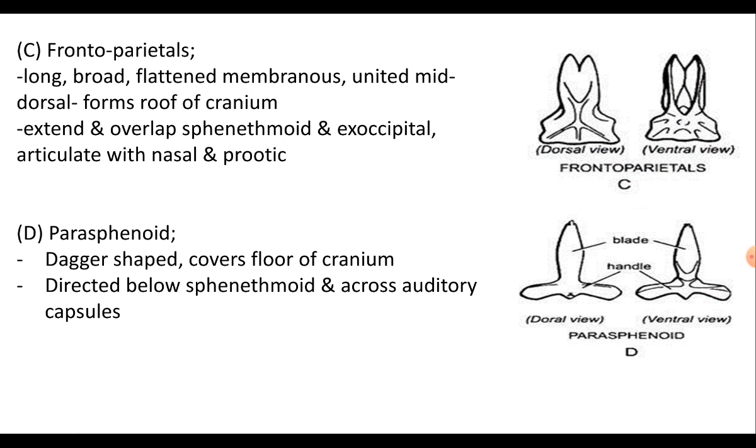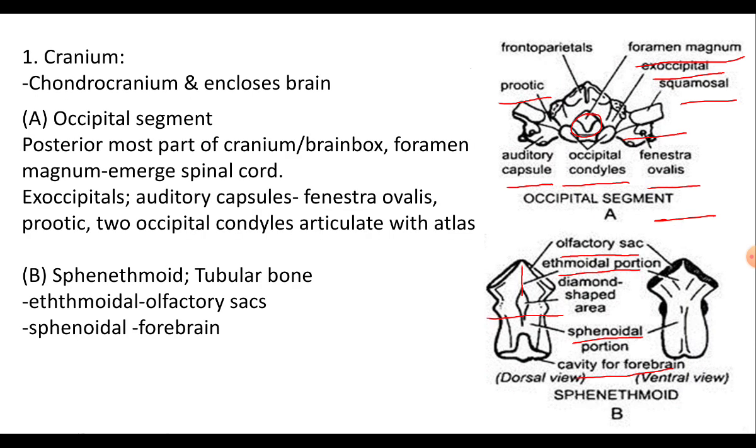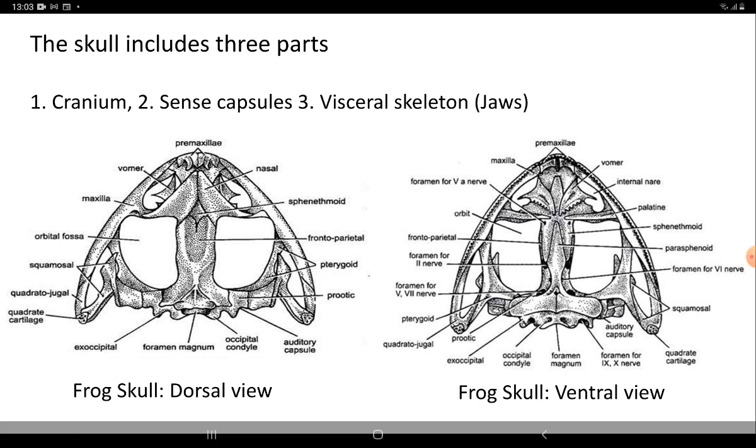These frontoparietals are a pair of long, broad, flattened and membranous bones. They are united along the mid-dorsal line and form a single bone, and it forms the whole roof of the cranium. As you can see here, in the diagram,